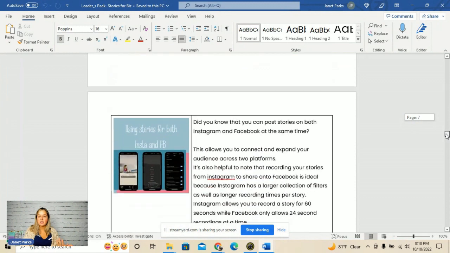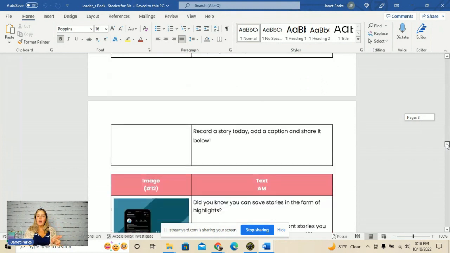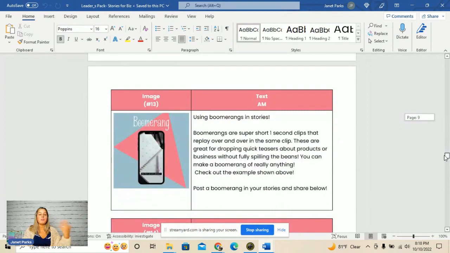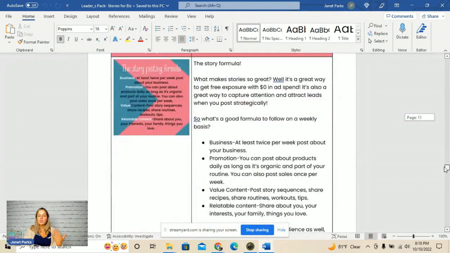and texts. Using stories for both Instagram and Facebook. How to connect your Instagram and your Facebook. You've got tips in here. How to set up your highlights on your Instagram if you're using Instagram. How to post a boomerang, how often you should post in your stories, and then you actually have a story